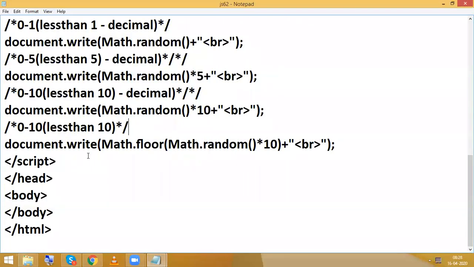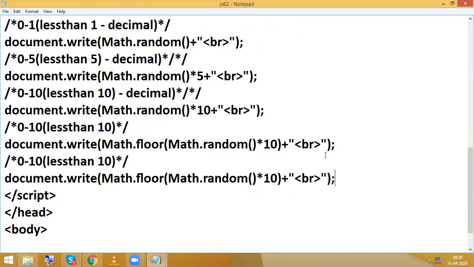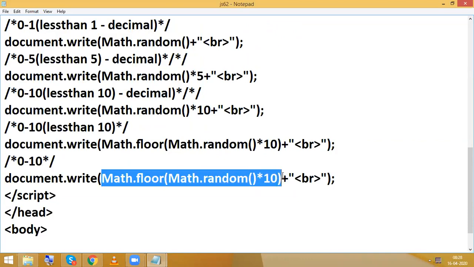Okay, so now the same program. So 0 to 10 only. But I want the output along with 10. We know that suppose the result is 9.9.